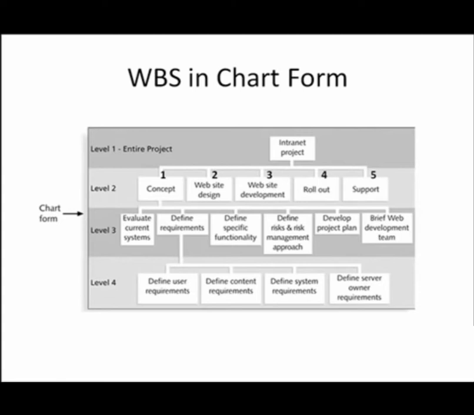Within each of these, in this case, the number 1 in level 2, which is concept, underneath that we have a number of different subcategories of work. Evaluate current systems, define requirements. Well, that second one you'll notice is listed 1, which is because it's under the tree concept, and